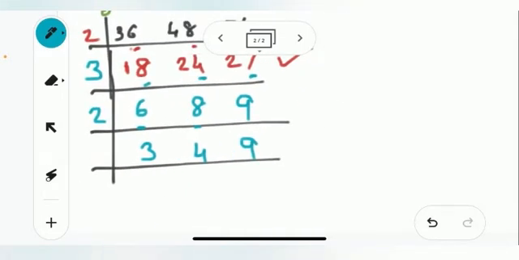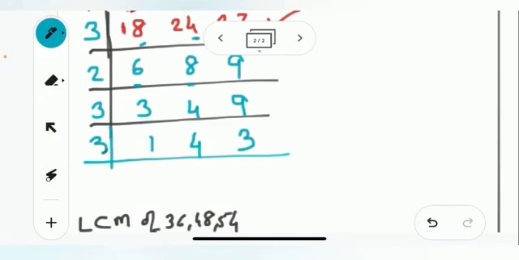Now if I see 3 and 9, it goes in the table of 3, so I can use 3 here, and I keep this 4 as it is, and this 3 times. So this way I will divide and find the prime numbers till I get 1 as the quotient for each number. Okay, so I'll just go on dividing like this. So now 3, I'll write the same, I'll write 1. Now here 4, now this 1 comes below, now this 1 and this 1.